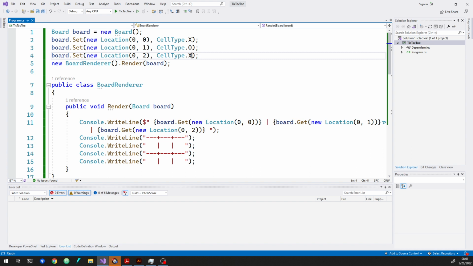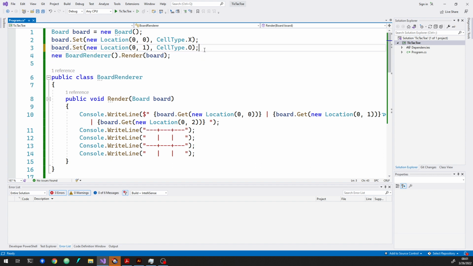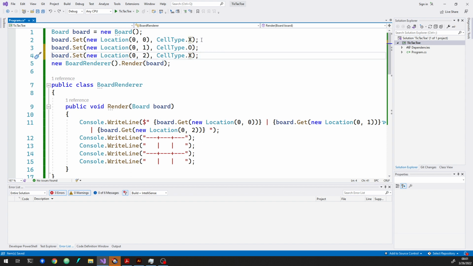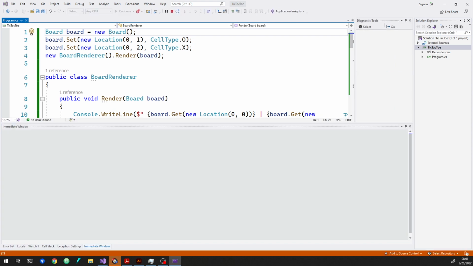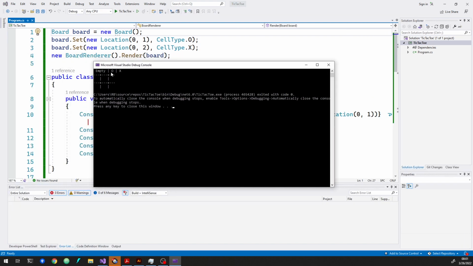There is a catch. So let's suppose we leave 0 and 2 empty. Actually, let's do that with the first one. We're going to see a small problem. It's displaying the name of the enumeration value, which is empty, which is going to throw off our whole. It's going to throw everything off. So we don't want to display the actual enumeration